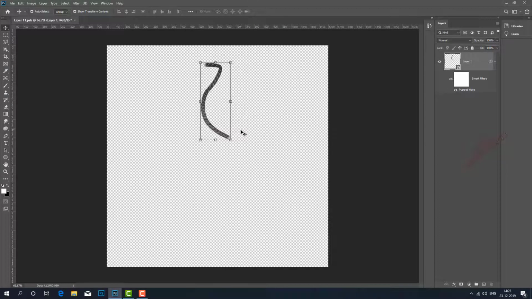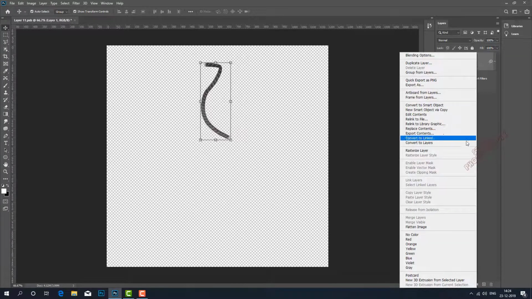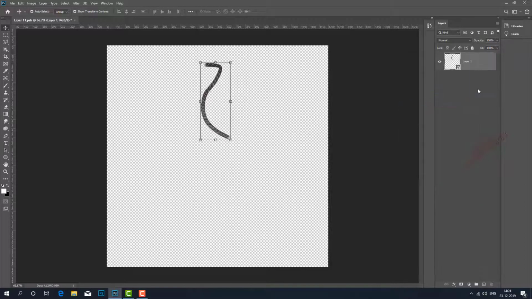Now the changes are applied. You can see a smart filter on the layers panel nested to Layer 1. In order to make a duplicate, I want to merge those filters into Layer 1. So I right click on Layer 1 and convert to smart object. Now the smart filters merge into Layer 1, and I want to duplicate the layer, so Ctrl J to duplicate it.